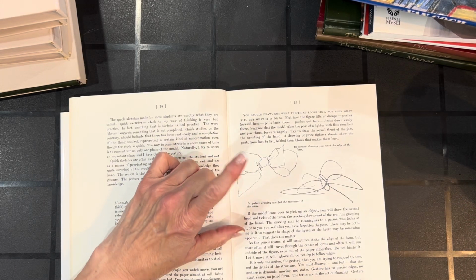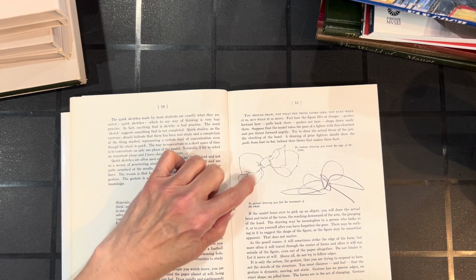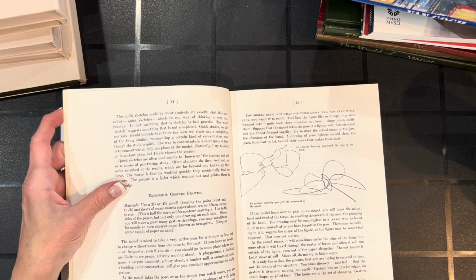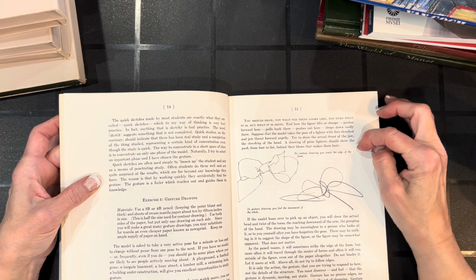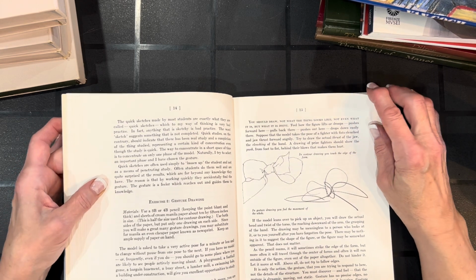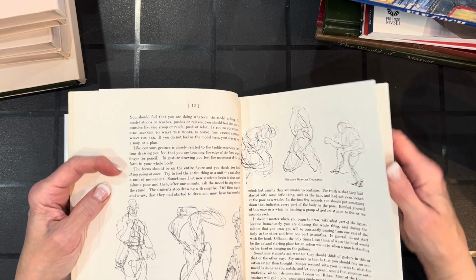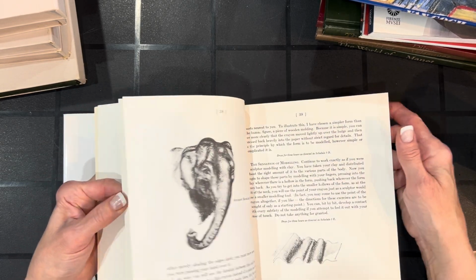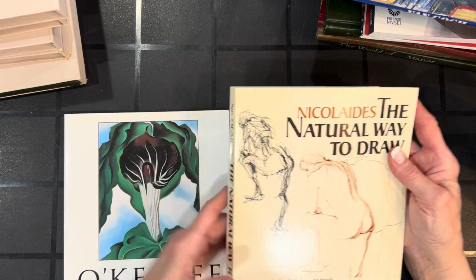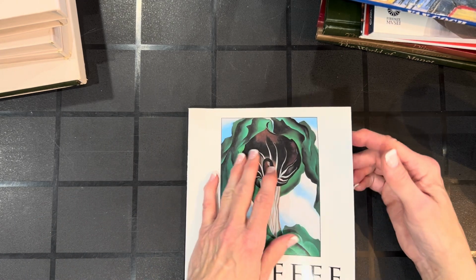Okay, here's a contrast. This one is the contour drawing. So this is a bow. This is the gesture drawing. In contour drawing, you touch the edge of the form. In gesture drawing, you feel the movement of the whole. And of course, these exercises definitely help a person see and contribute to